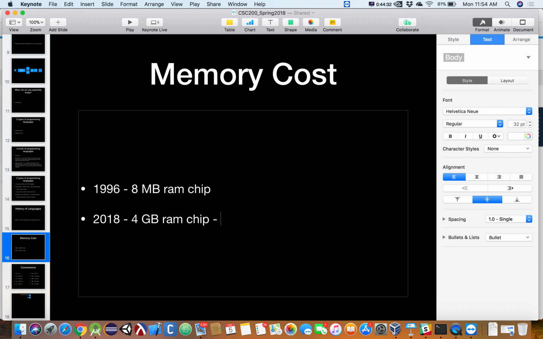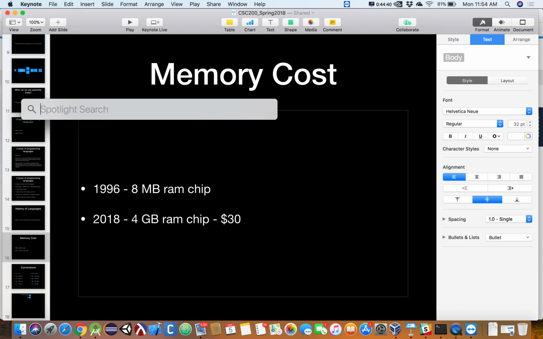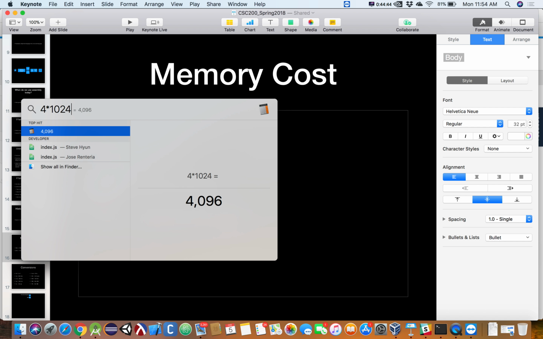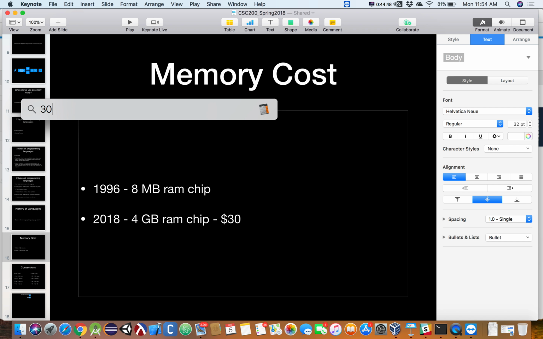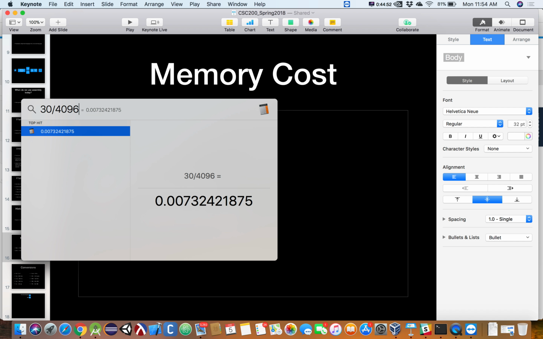Something like that? So that's $30 today. If you do the math on that, that's 4 gigabytes times 1,024 megabytes, that's 4096. So we take 30 divided by 4096, which gives us 0.007 dollars